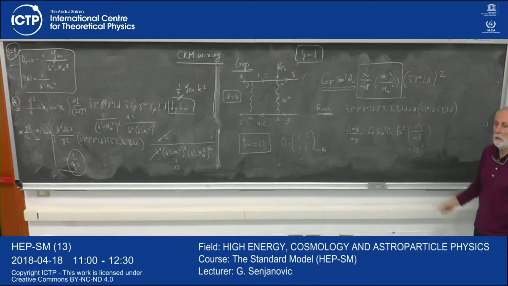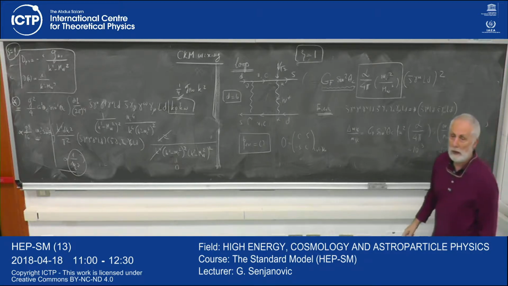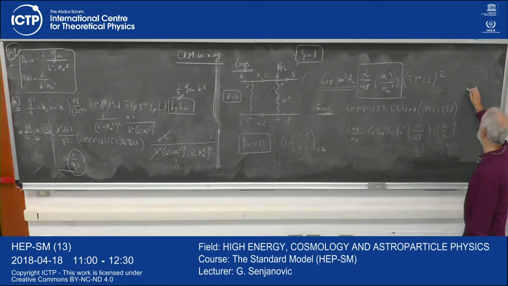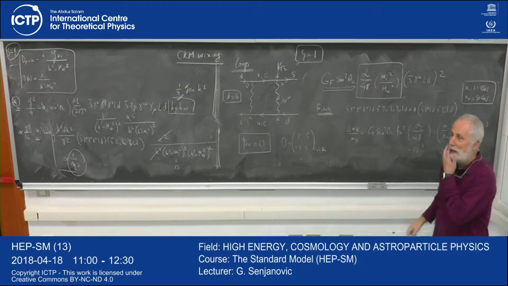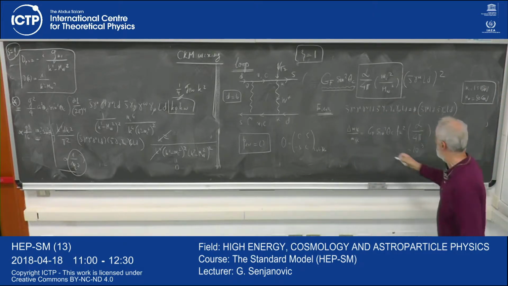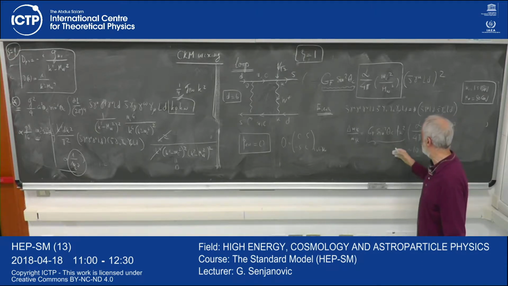10, a number of order 1 over 100. And another contribution, which is m_char over m_W squared. This is another number of 10 to the minus 3, actually a little smaller. This may be a little bigger, but this is a little smaller. m_char is about 1.5 GeV, and m_W is 80 GeV. By the way, in their original paper, so notice that this was roughly, I estimated to be